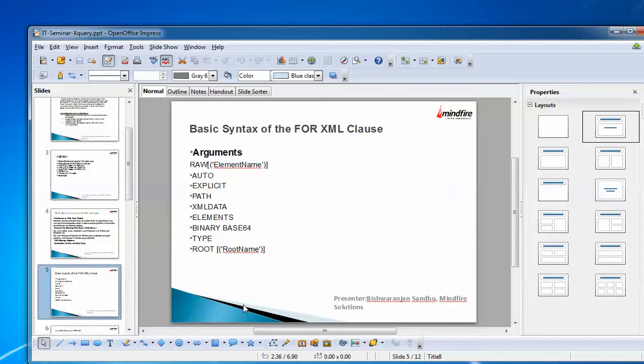It will simply extract the records from the database table as a row. The generic identifier will be row, and whatever the data it will be returning, the row node, and inside that row node the data will be there. Then go for the auto mode, and in this case we cannot handle the XML schema properly through this auto